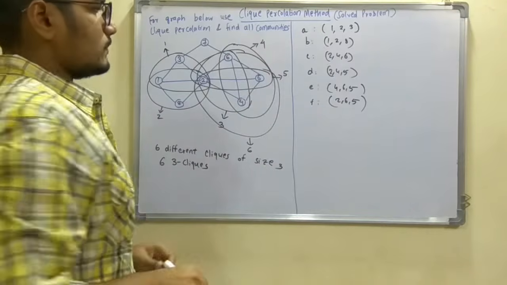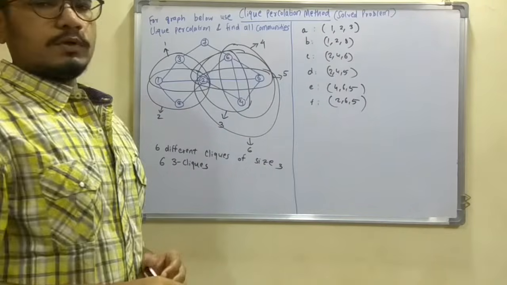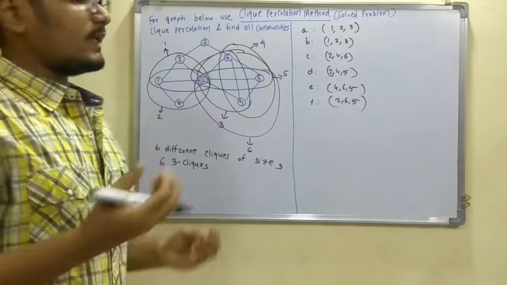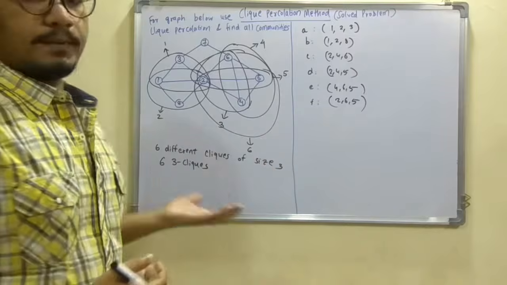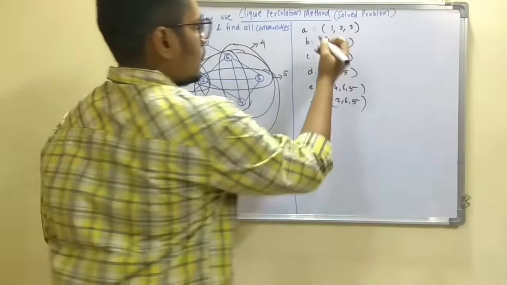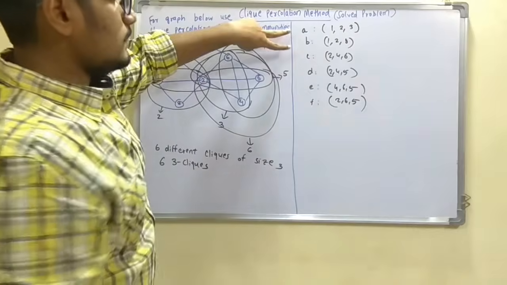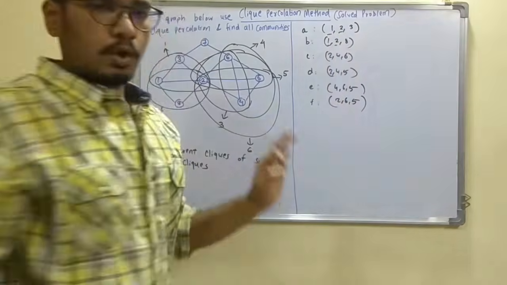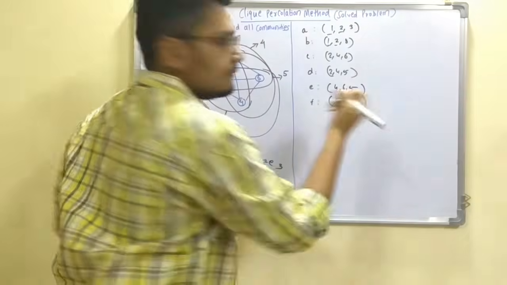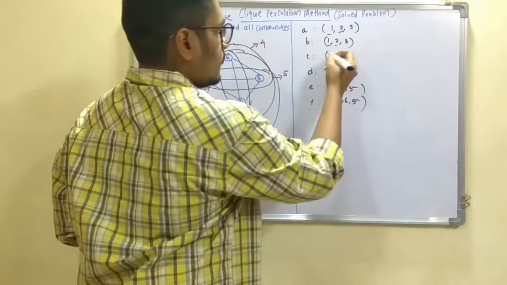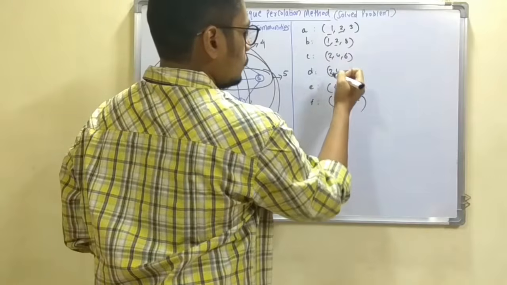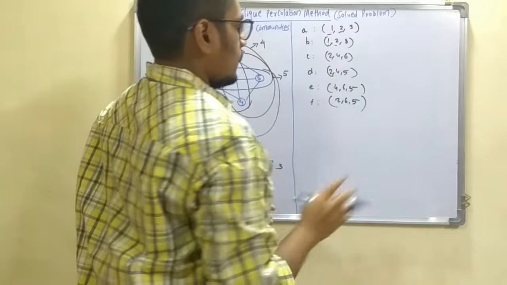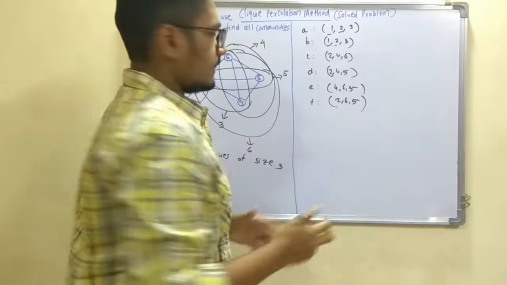Now we have identified these. Now you have to group them into different categories. Now you have to construct the new graph, that is the clique graph, according to this CPM algorithm. Now we'll construct that. As you can see in these two sets, A and B, 1 and 2 are common between them. So we'll be combining those two, and in the rest we can combine them too, and in all of this we have all the vertices.